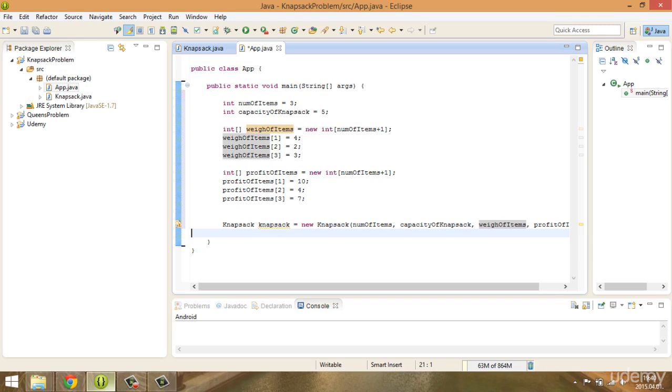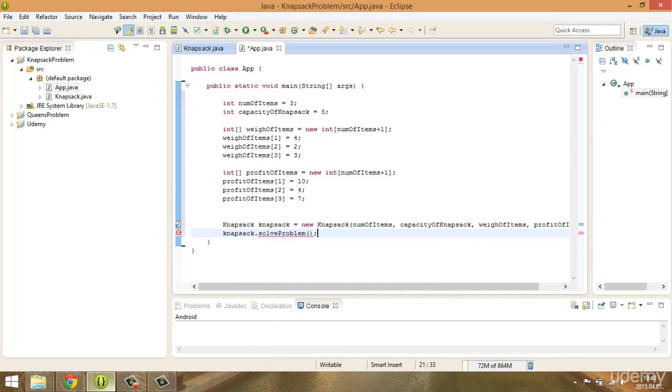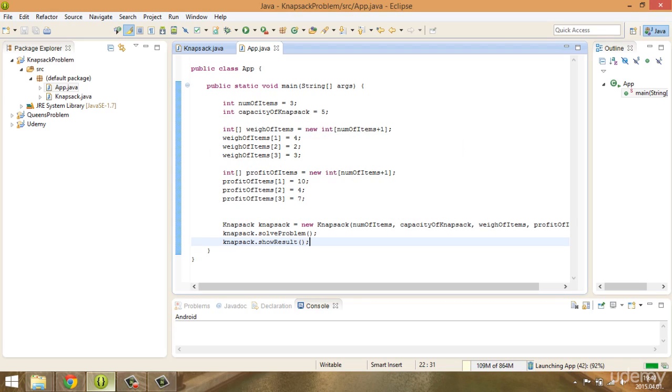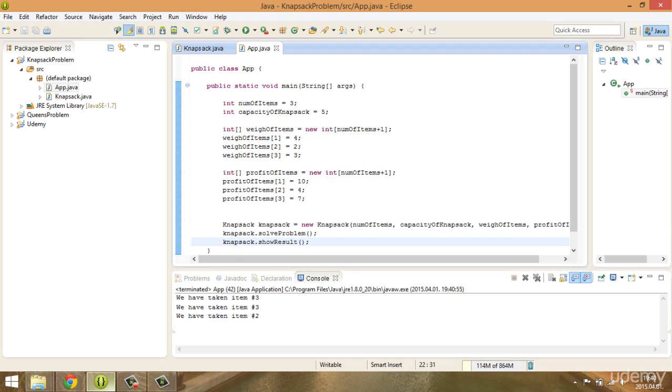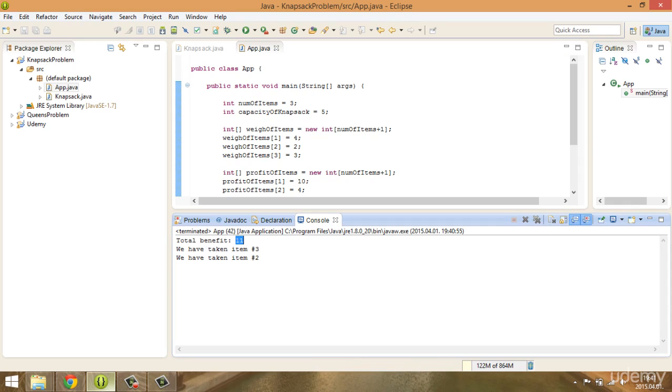So we are going to run our knapsack dot solve the problem and knapsack dot show results, and we came to the conclusion, and we can check it, that the total benefit is 11, as we have seen in the theoretical video, and we have to take item